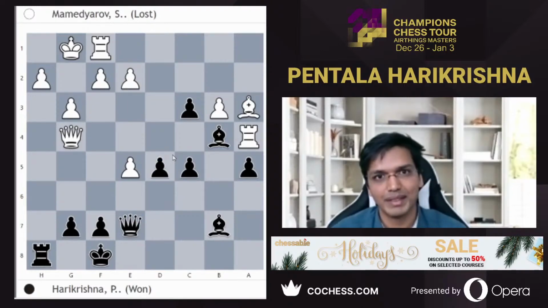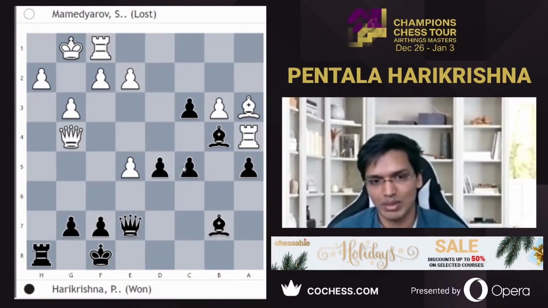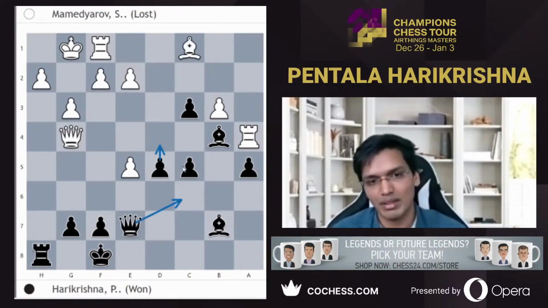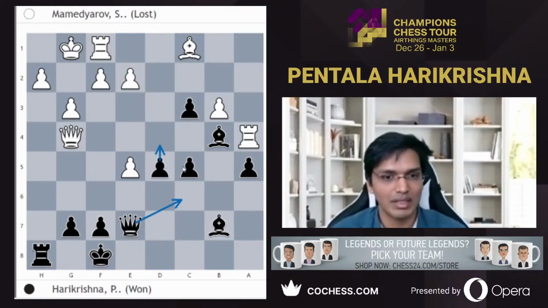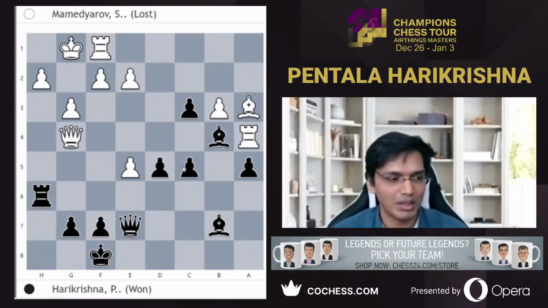So bishop a3, since I played c5, white wants to play bishop a3, take on b4, and slowly clarify the situation about the pawns. As if he waits longer, as I mentioned, it's hard to defend the pawn role here. So bishop a3 and rook h6,